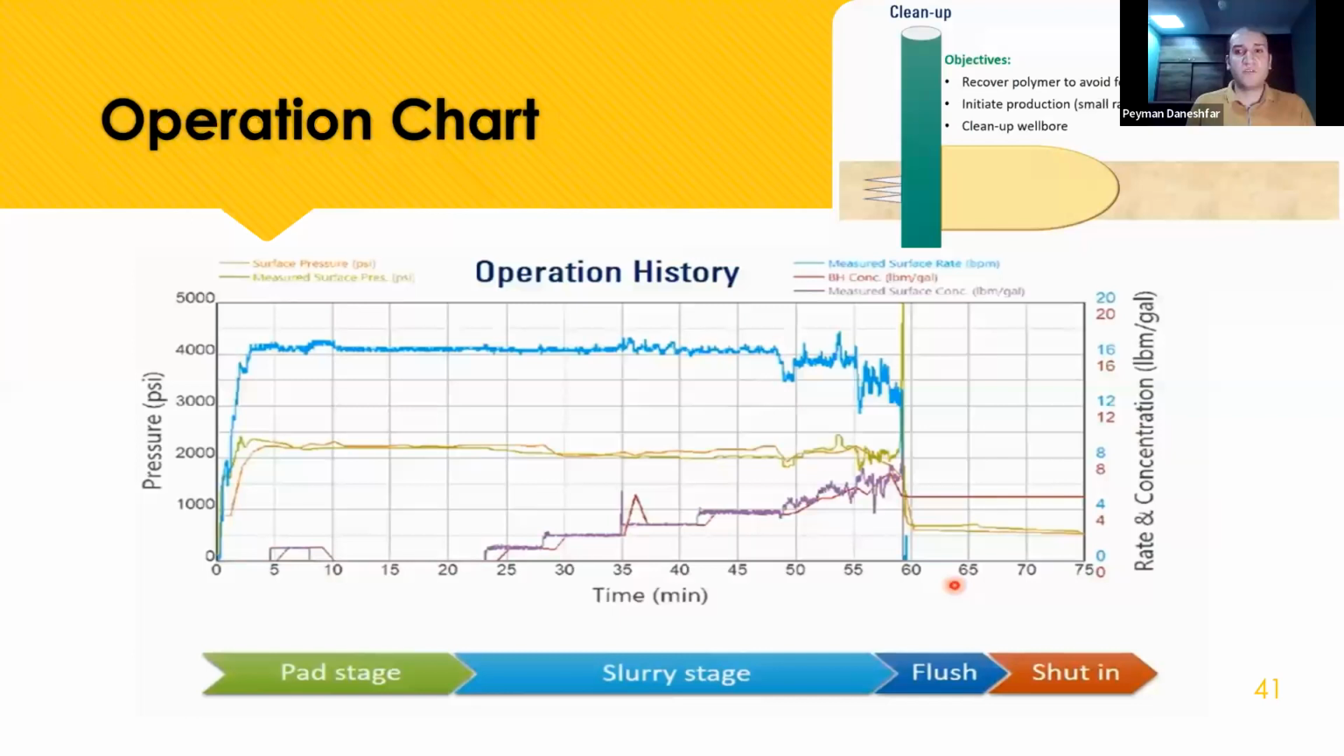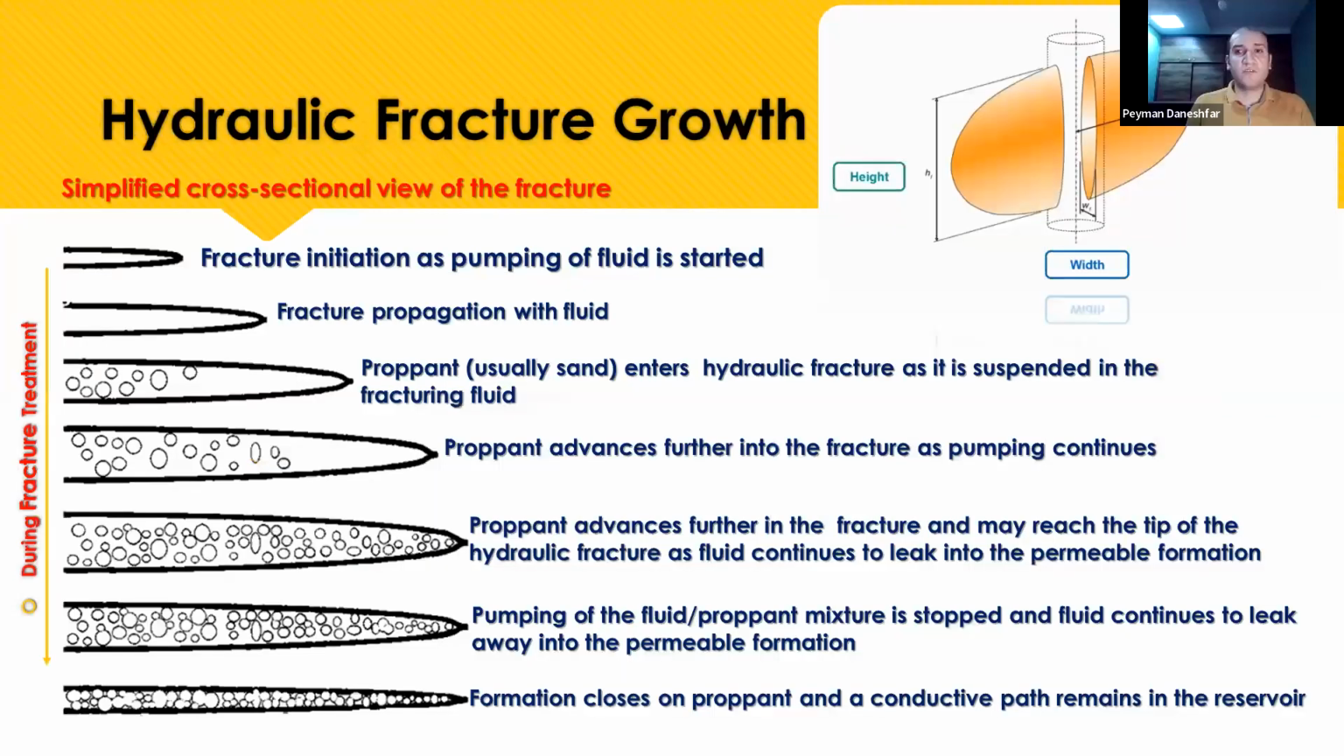This is the hydraulic fracturing growth. This picture will show us how the fracture initiation will occur. At first, we inject fluid. The fracture initiates as a result of pumping fluid in the fracture treatment. The fracture will be bigger and bigger, and the fracture will be filled with the proppant. In the next stage, fracture propagation